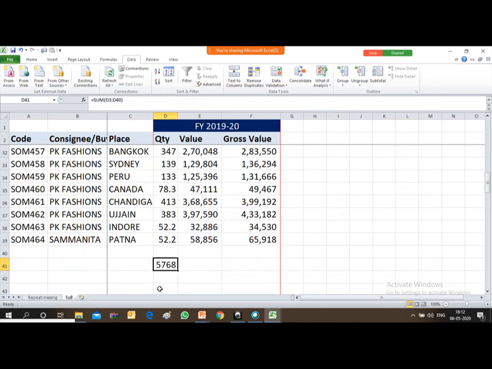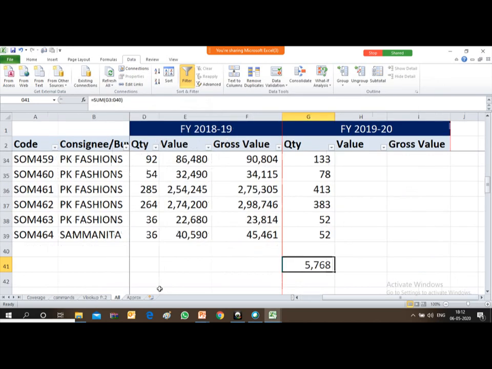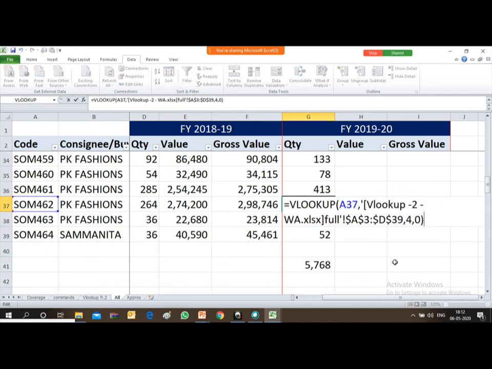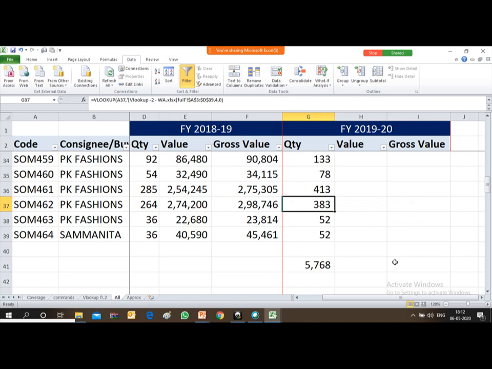My formula is perfect. But during the course of working, I forgot that in my master file the formula is still there. I have not removed the link of the formula. You see, the formula is still appearing over here. I have not used the copy paste special function, or I have not broken the link.